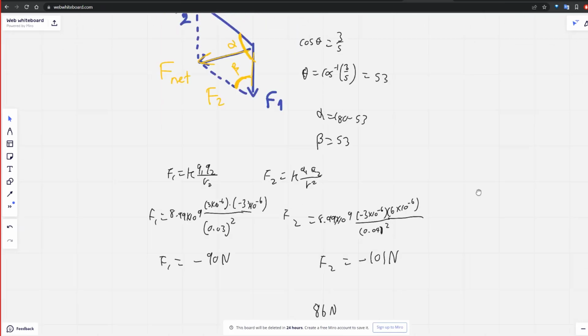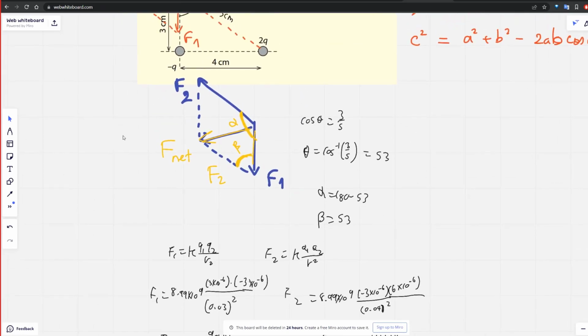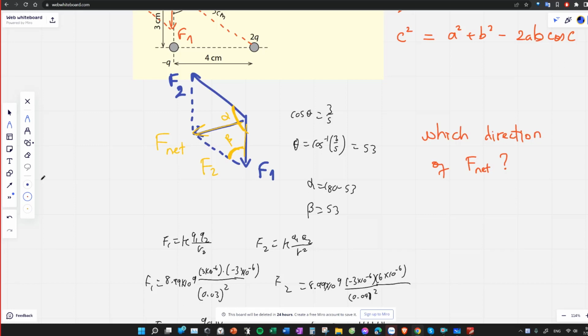Okay, that's it. Sometimes they can ask a little bit more, not just the value of the net force but also its direction. Which direction is the net force? To answer that question, you need to calculate this angle, let's say gamma. You do it similarly using the cosine rule above here. So consider this gamma as the cosine C here. So that cosine gamma will be equal to